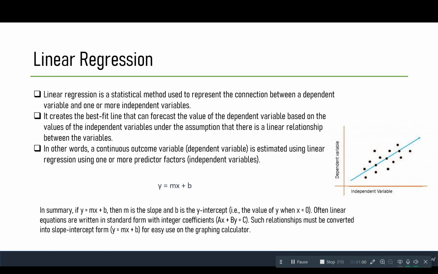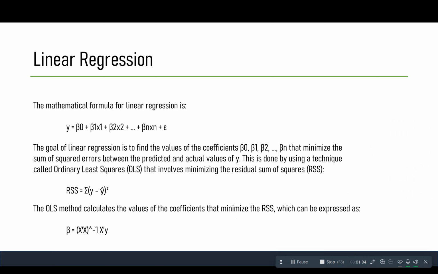So the slope and the y-intercept can provide valuable information about the behavior of the variables, such as whether they are positively or negatively related, and what their respective magnitude are. So the equation that you see here is a mathematical representation, okay, where y that you see here